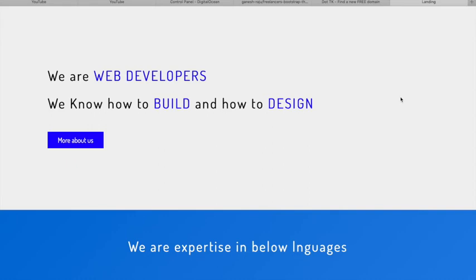And in the next couple of videos, I'll show you how to add in the server and how to set up